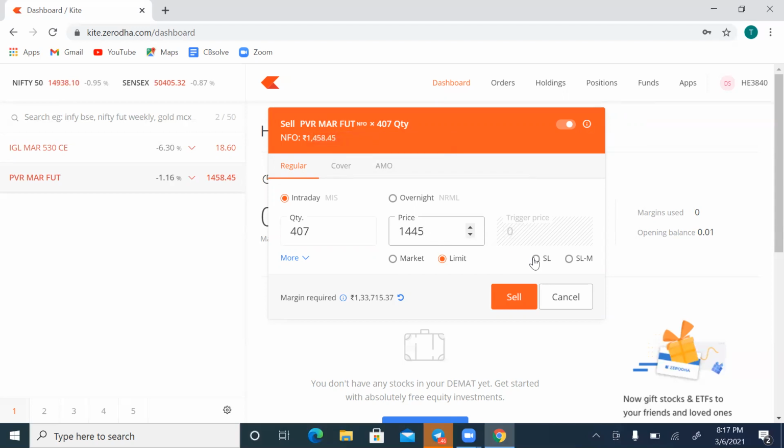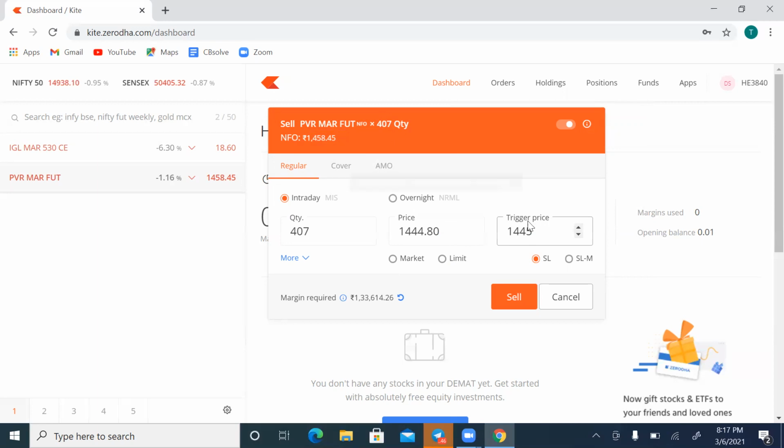So you should not directly place a limit order when I say sell below 1445. At that time, what you have to do is go with SL, and the trigger price is 1445, and it is going down, right? So you have to choose a lesser price, 1444.80. Okay, 45 to 44.80. The stock is coming downwards, a negative trend. So we have to choose a lower price to set our barrier.